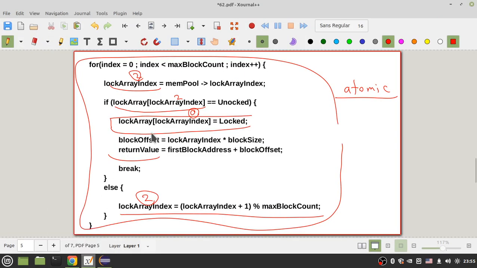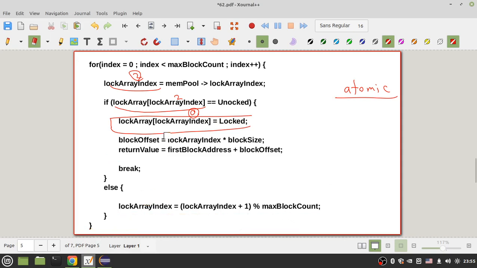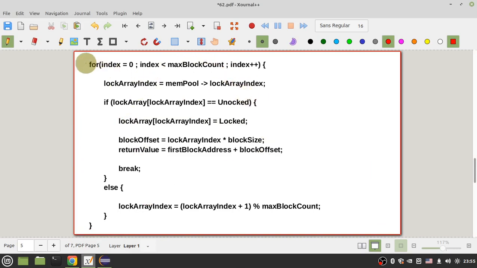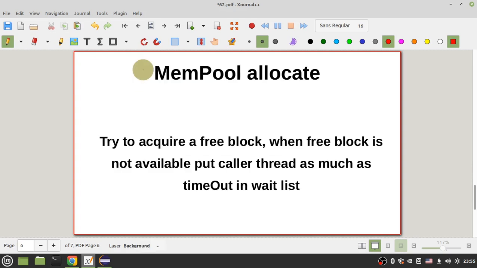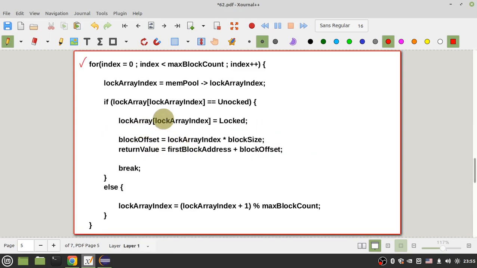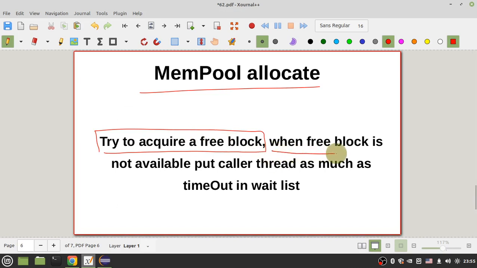Okay, so the operating system allocates memory by using this code. You must implement this code as an atomic part. So for memPool allocate, try to acquire a free block by using this code. When a free block is not available, put the caller thread in the waitlist as much as the timeout,